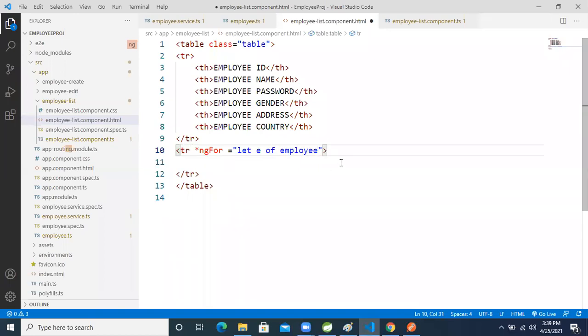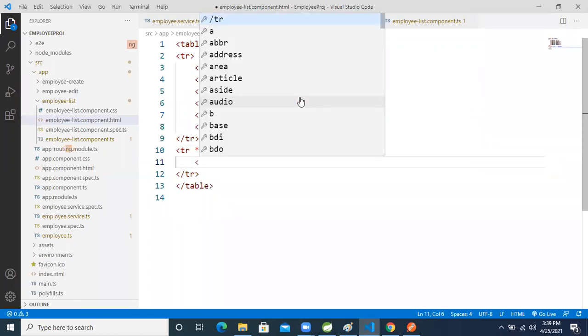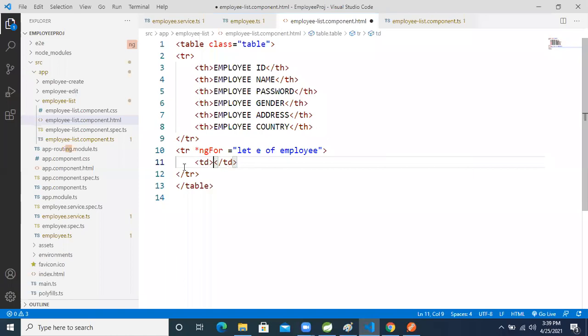After that, what you will do now? TD, how many? 1, 2, 3, 4, 5, 6. Just TH, TD, table data. Table data 1, inside that also double curly braces.